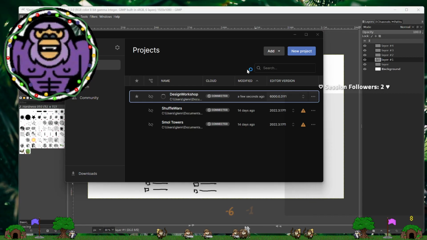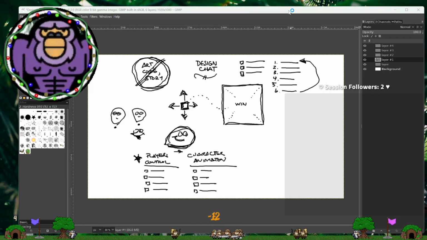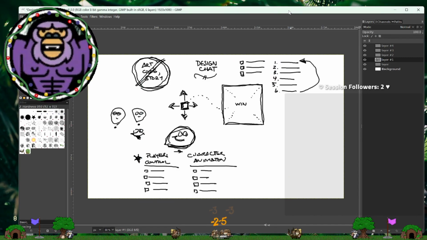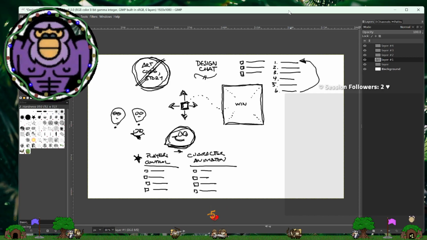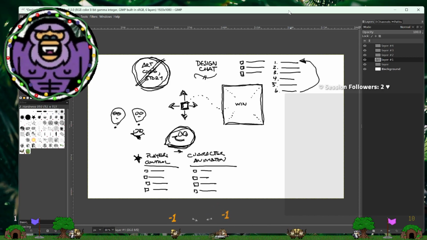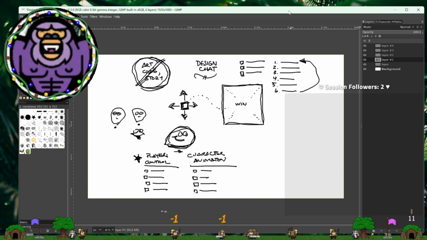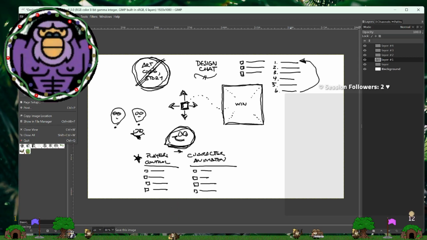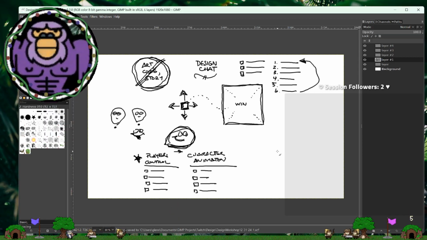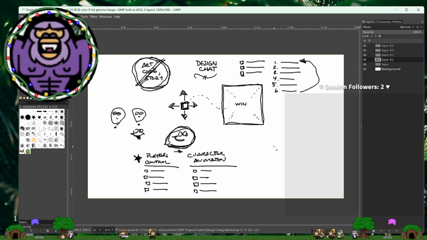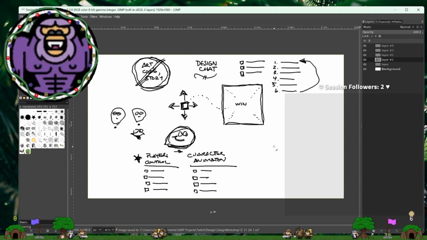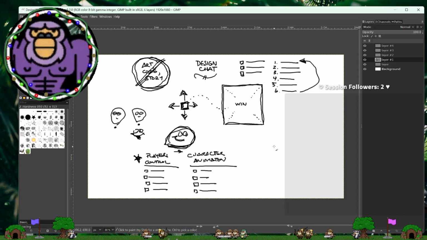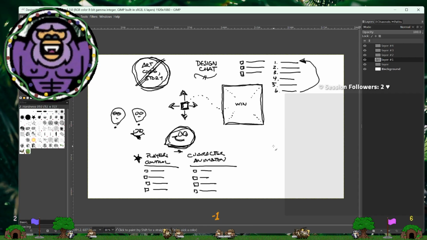Pardon me while I pop open our design workshop to talk about this further. Yes, it is the Unity engine. Even if it is us pretending that we are the player, it's helpful to ask the player, what do you need? In one way or another, we ask, what do you need? And if there's a problem, the need is, get rid of the problem. If there's an opportunity, we tend to think of those as needs, just to simplify it and say, oh, that's something we have to go chase down.